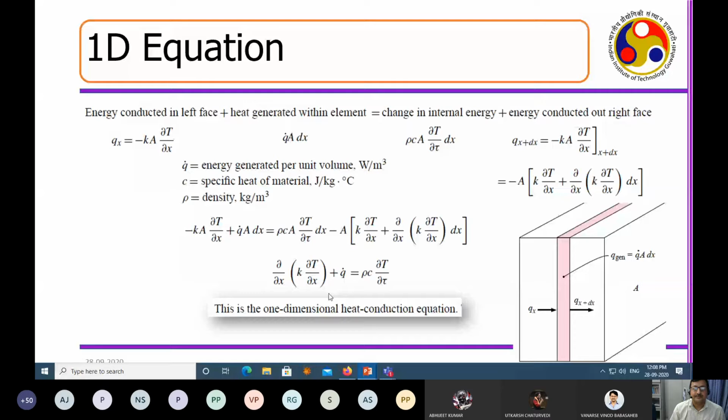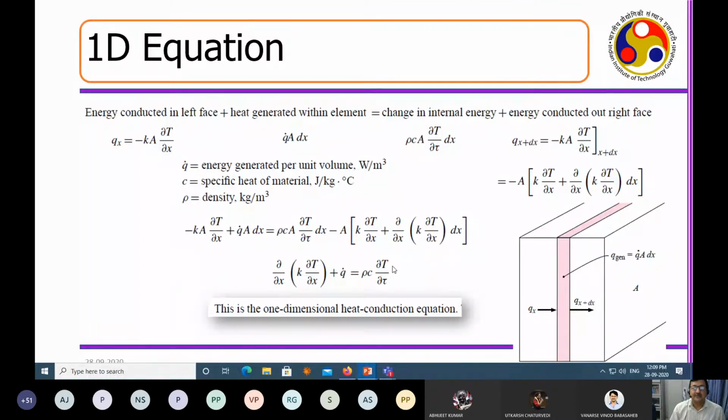I am supposed to get a very simple equation like this, which is k d squared T by dx squared plus q dot equal to rho Cp del T by del tau. Now, this part is the conduction part, this part is the generation part, and this part is the rate of change of temperature with respect to time. So essentially, you can see that if I put this q dot to 0,